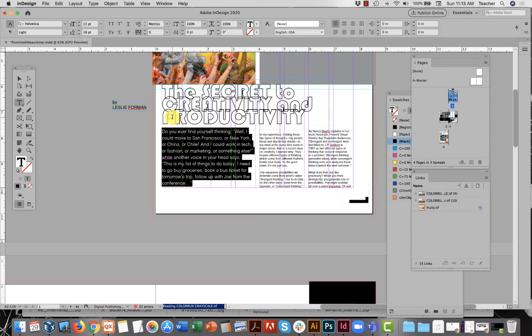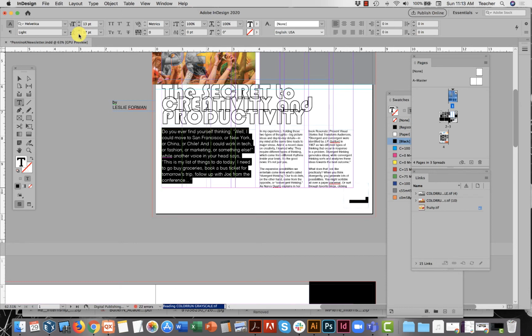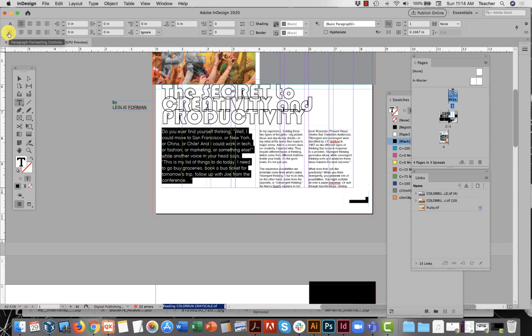So we're not going to format it in a typeface that's hard to read. We're not going to make it a size that's difficult to read. You remember when I planned this out, I also planned out paragraph 1 to span across multiple columns instead of being forced to fit in the same narrow columns as the rest. So I made it larger. If I want to, I can make it larger, compress the text. And I want to show you in your paragraph controls at the top of your screen,